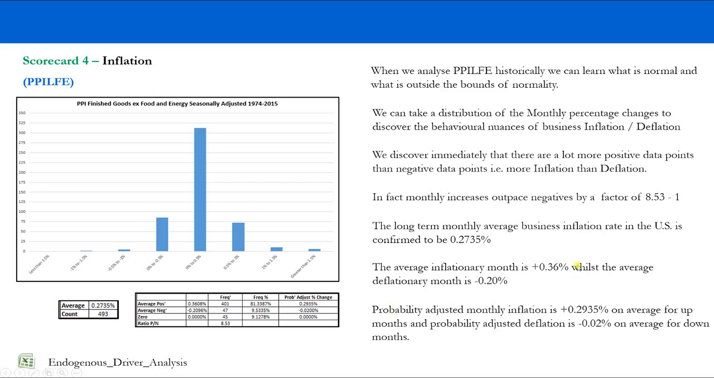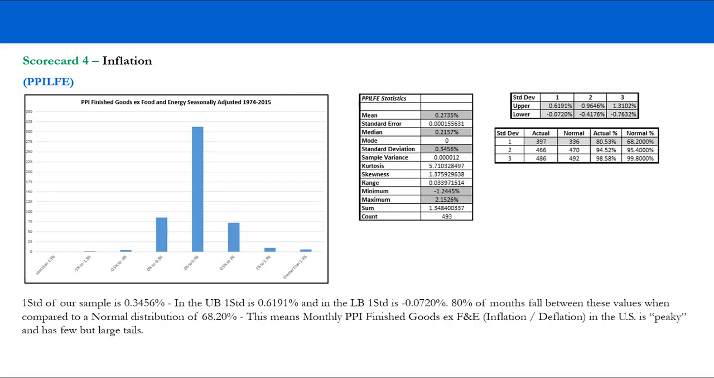And when we look at the probability adjusted rates of inflation and deflation, probability adjusted monthly inflation is 0.2935%. And the probability adjusted average deflationary month is minus 0.02%. Now, if we continue to look at the